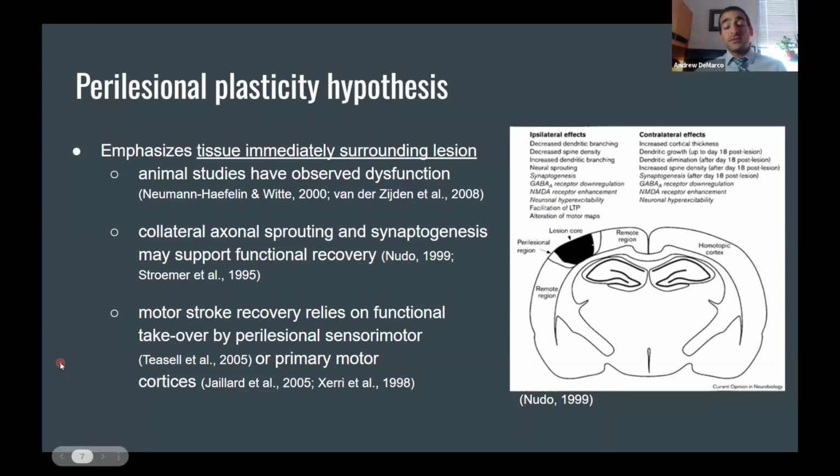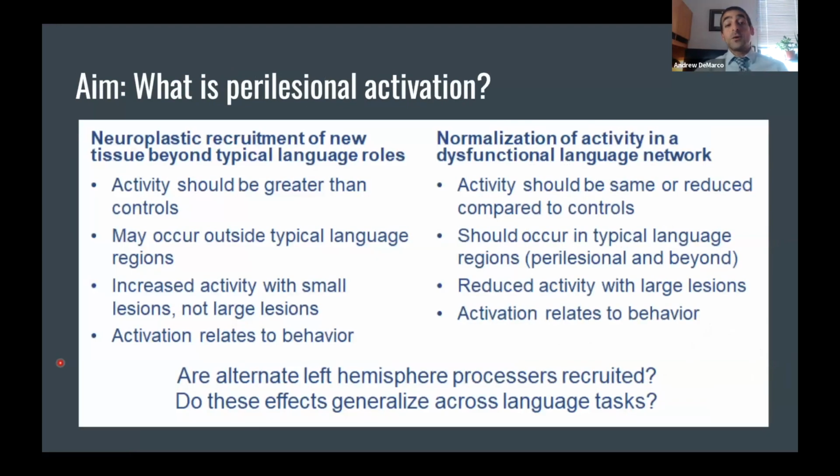One of the big themes here is that the lesion is different for every person, and that makes doing this kind of study, where you're trying to understand the role of perilesional tissue, particularly challenging. So with this study, it's kind of a simple aim: what is perilesional activation? On the left side, with respect to the perilesional neuroplastic recruitment hypothesis,